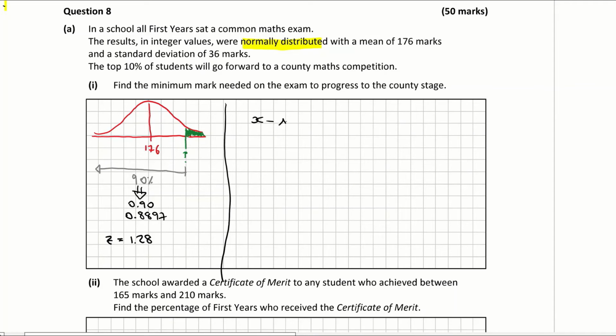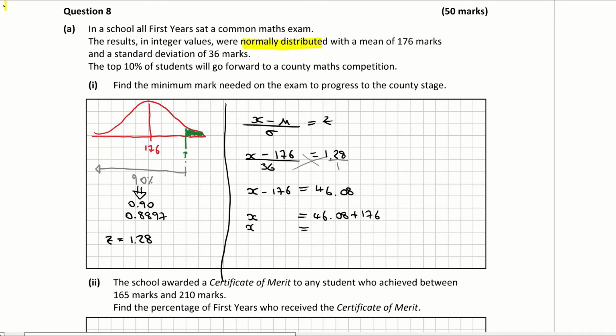So I'm filling in my z-score here and I'm putting in the x is what I need to find. My mu is the mean, which is 176, and sigma is my standard deviation, which is 36. Z is my z-score, which is 1.28. And then it's just a little bit of simple algebra here. Cross multiply is going to give me x minus 176 equals 36 times 1.28, giving me 46.08. Adding 176 to both sides, 46.08 plus 176 is giving me a mark of